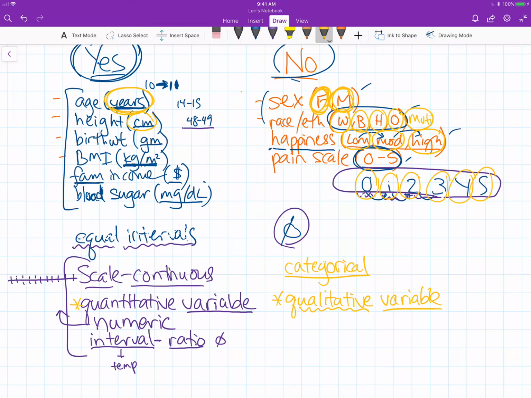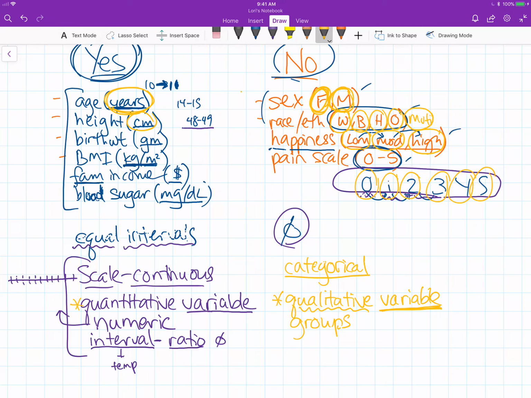I don't think that's as good a term just because it can be confused with qualitative research methods and that sort of thing. But if you hear it, it's not wrong. And a lot of times you'll see that in questions. So just pay really close attention to what follows it. Is it a qualitative variable or a qualitative research method? Also, sometimes people just call these plain old groups. That's a very easy